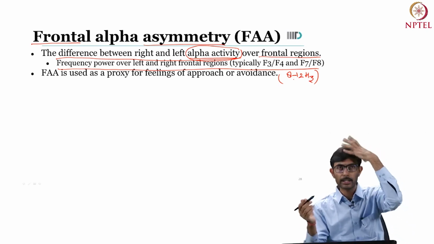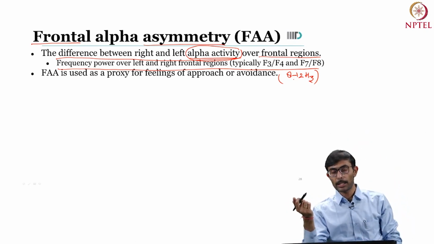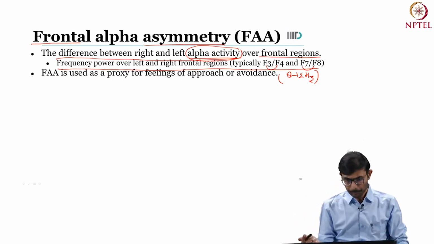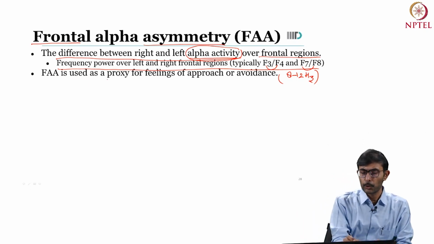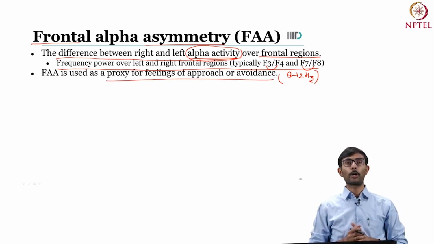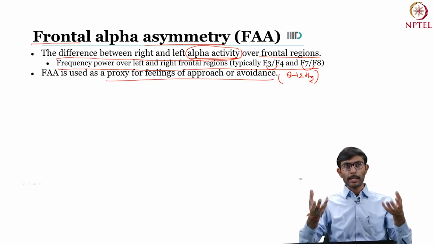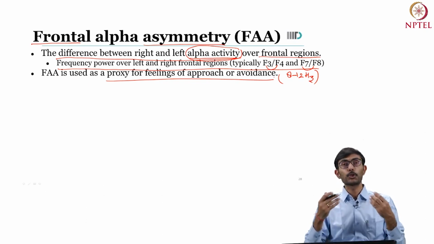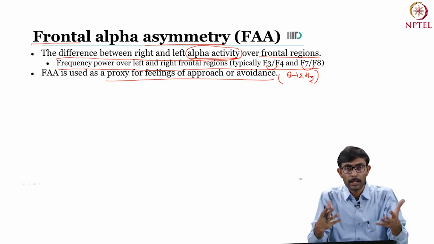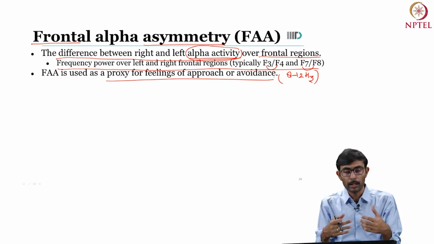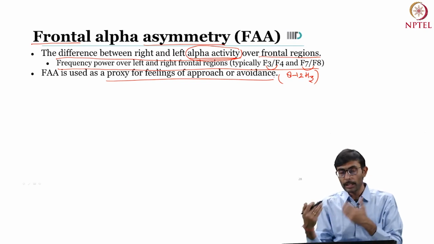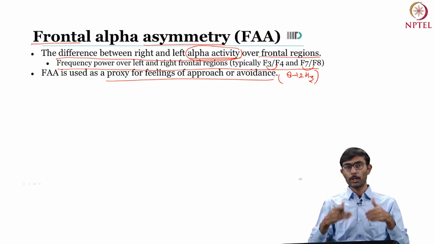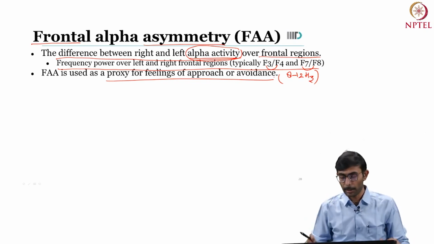When you talk about the frontal pair, usually there are two sets of possibilities: either you take F3 and F4, or you take F7 and F8. And it turns out that this frontal alpha asymmetry is used as a proxy for feelings of approach or avoidance. What does it mean? When you are looking at a stimulus or an activity, or there is an external event towards which you are feeling engaged or interested, you are approaching it. In the same way, when you are feeling boredom, when you are withdrawing from interest in a particular activity or stimulus, that is